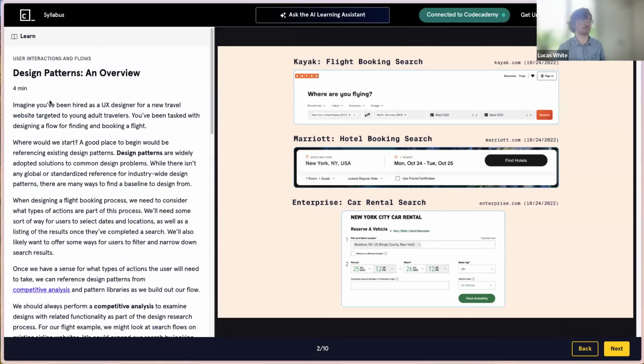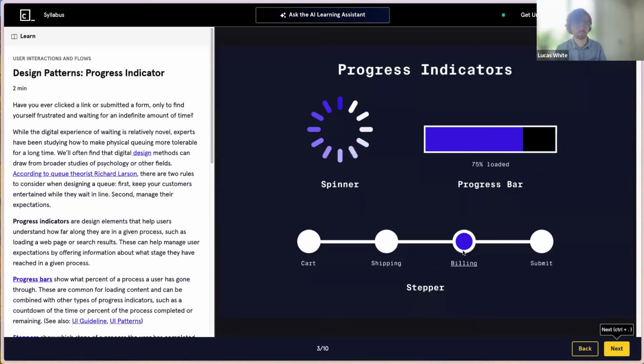We also, for the last part of interaction design, examine design patterns and flows. So how different sites in this example handle flight booking or hotel booking or car searches. Those types of big forms that you need to fill out to make clear your destination, how long you're going to be there, what your budget might be, your age, all those different kinds of fields that you might need to put in. So examining those different features, looking into how we